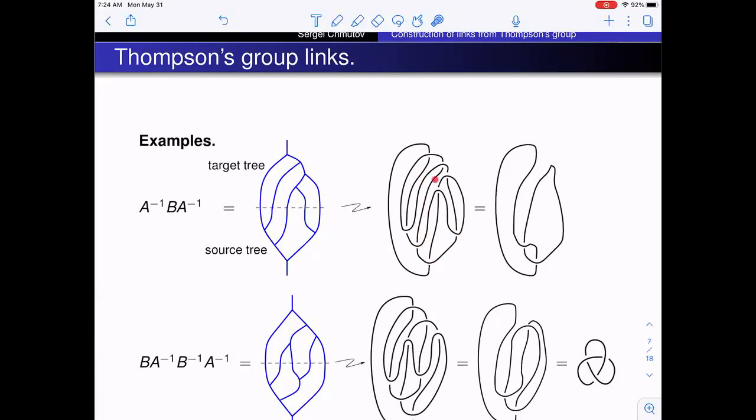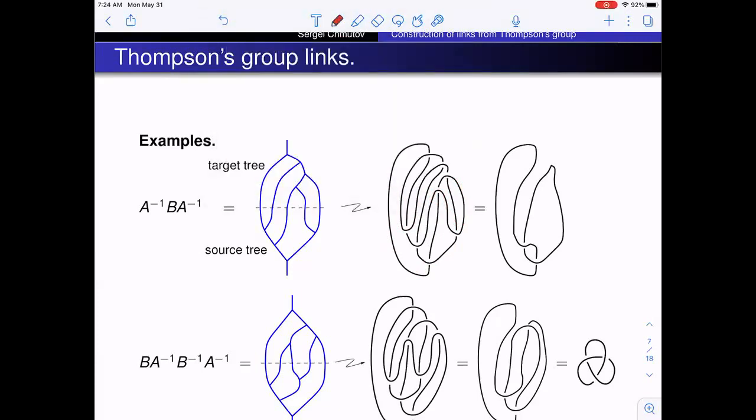Actually, we can pull. You can observe that there is a kink here, which I can pull. It is always over, so I can pull it to the right and then untwist it. And also there is that kink here, which I can untwist, so it will go out. And maybe I will trace that